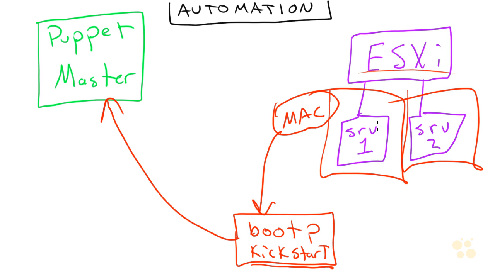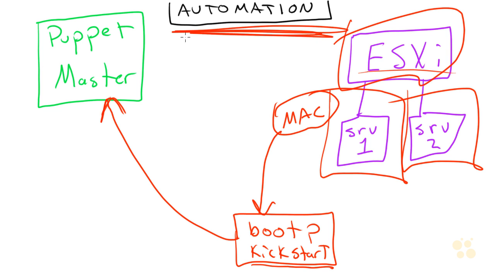So he just makes a quick change to whatever MAC address he wants these servers to be. It installs, checks into Puppet, and Puppet says, okay, you're going to be a web server, you're going to be a database server. And the entire process is automated. All he does is create a new instance of this, and it does all the network installation on its own. However, this is a terrible, terrible way to start using Puppet,